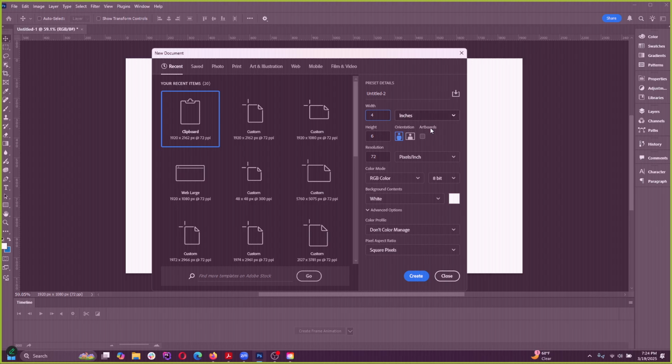So I'll go 4 by 6, and for the resolution, because it's print, we're looking at this in inches, you want your resolution to be like 250 minimum, but like 300, because if you make something 4 inches by 6 inches at 72 pixels per inch, that means for every inch there's only 72 pixels across. And if you print that, it's going to look really bad. But if you have 300 pixels for every inch, you're going to have a sharper image, and for print that's